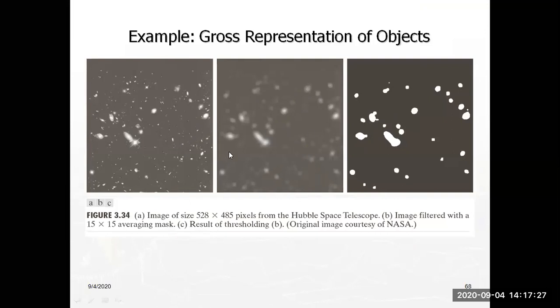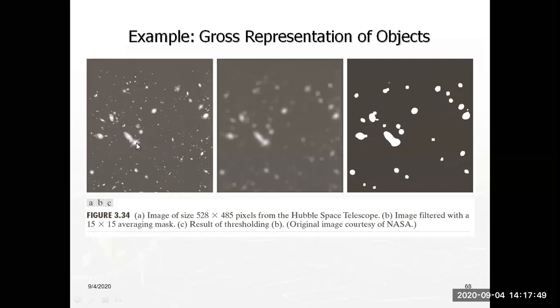The second one is filtered with a 15 by 15 averaging mask. The third one is the result of thresholding. Thresholding means there are only two levels, black and white. So this is my galaxy image from the Hubble telescope, and in this I am not able to clearly identify